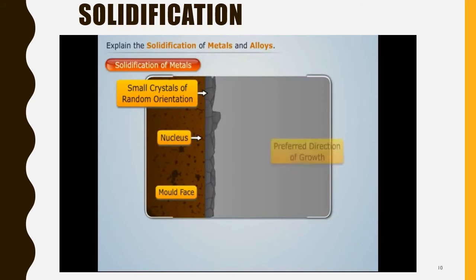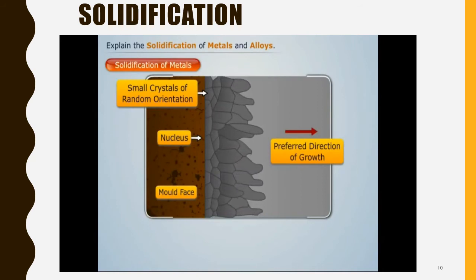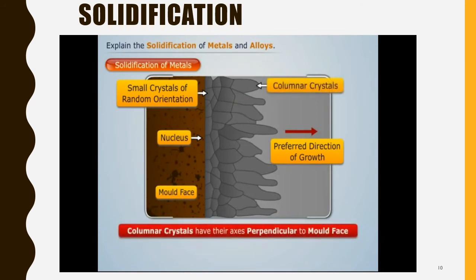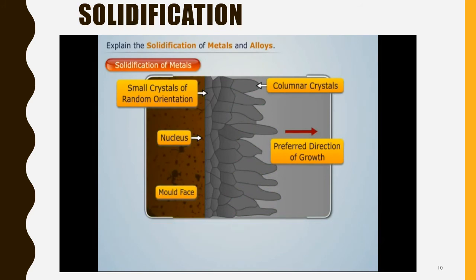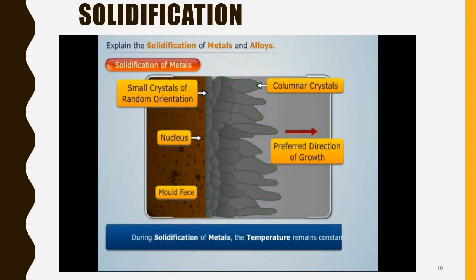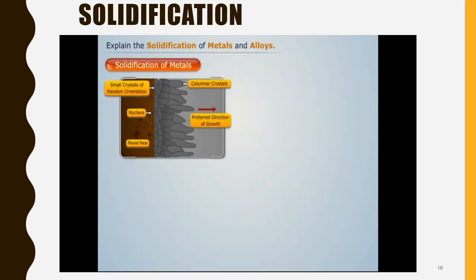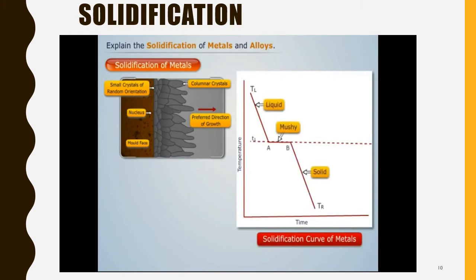When the molten metal solidifies further, we see that the shape of the crystals changes to long columnar crystals, having their axis perpendicular to the sides of the mold. Thus, the shape of the molten metal crystals formed will be as shown. Note that during solidification of metals, the temperature remains constant. This can be represented graphically as